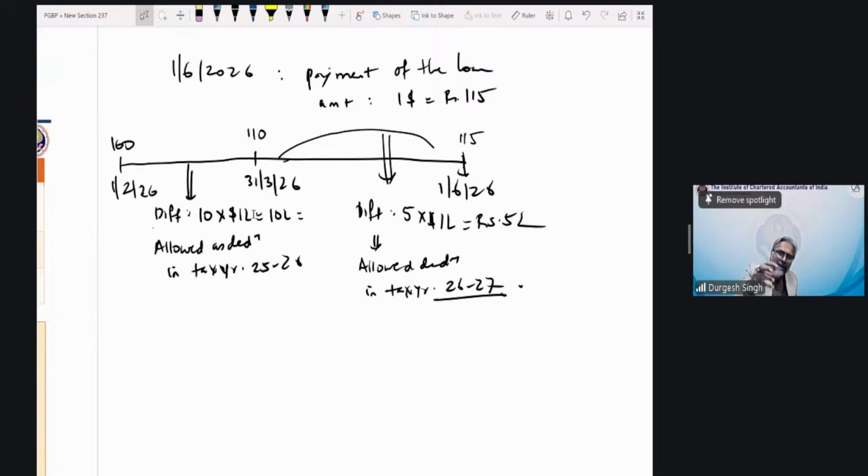Now you will say, in this case, interest, how to claim deduction? So for that, students, please be very careful. For interest deduction, students, remember, is it allowed on payment basis? From whom you have taken the loan? Maybe you would have taken the foreign currency loan from a bank. The foreign currency loan, students, if supposedly you would have taken from the bank or the financial institution, then the interest that arises, for that